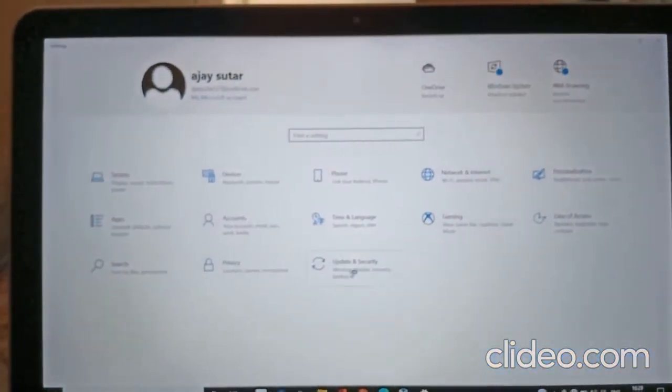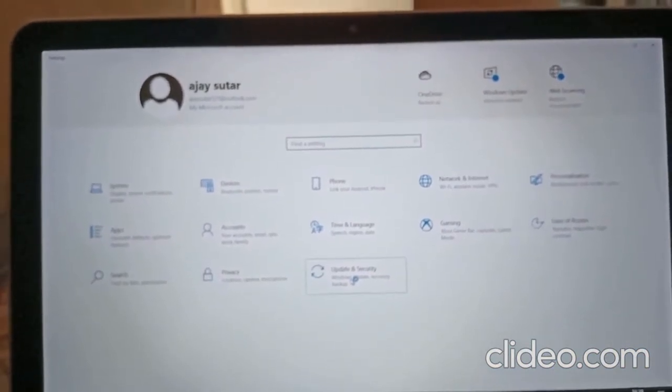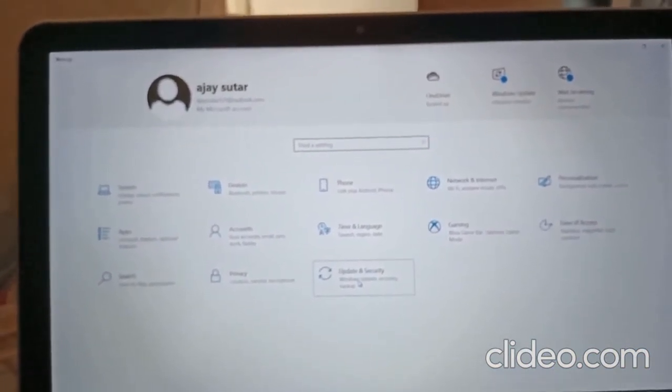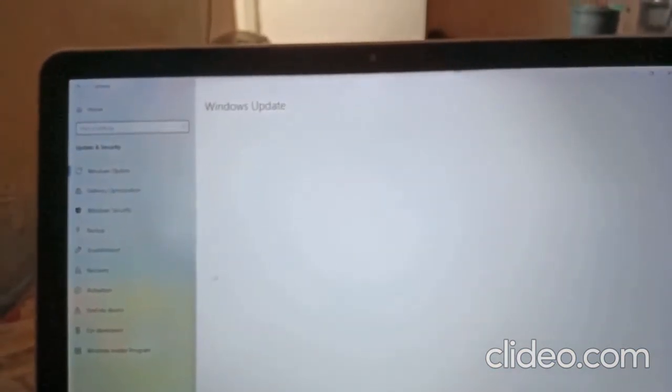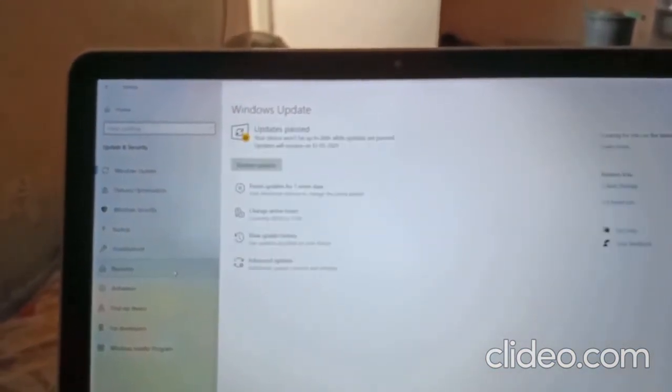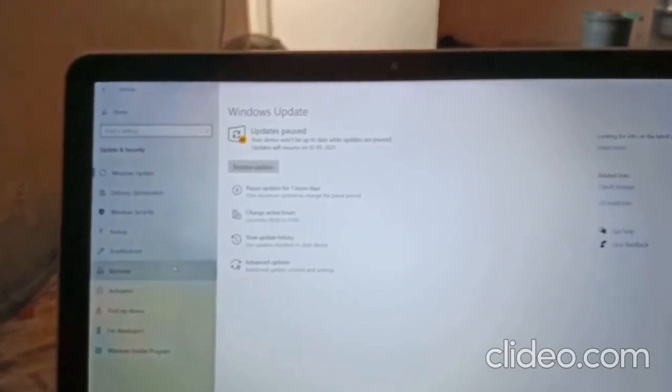After that, Windows, go into update and security. Go into recovery.